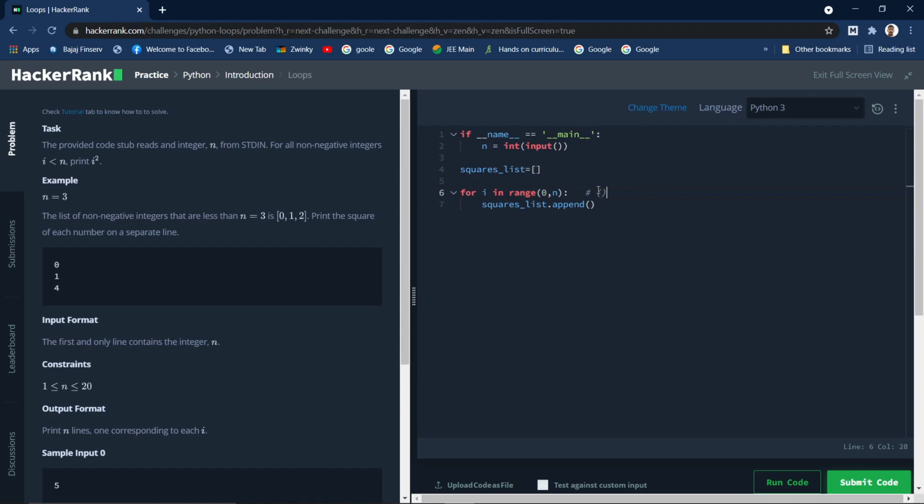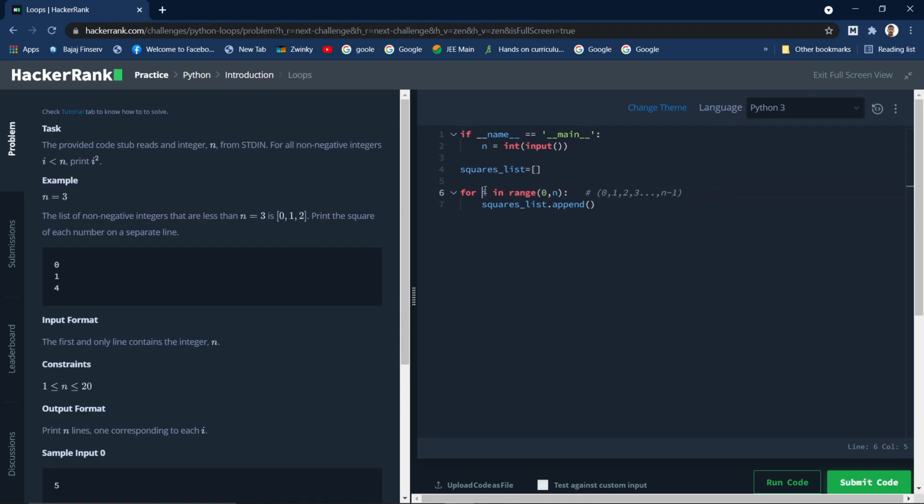Let me represent it with a tuple: 0, 1, 2, 3, and so on up to n minus 1. This kind of iterable is returned by range, which we iterate using the for loop with the in operator. So each number is in i; in each iteration, i will contain the next one. First it's 0, then 1, and then 2.